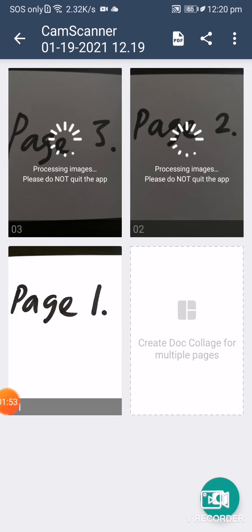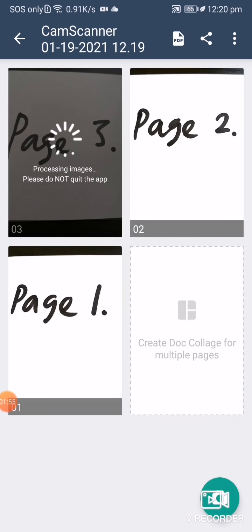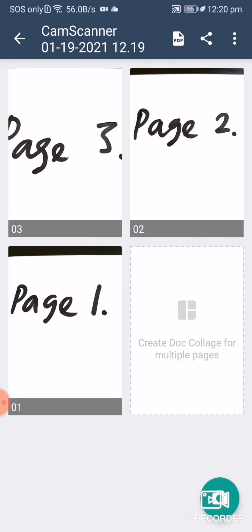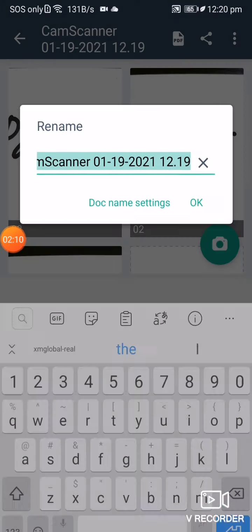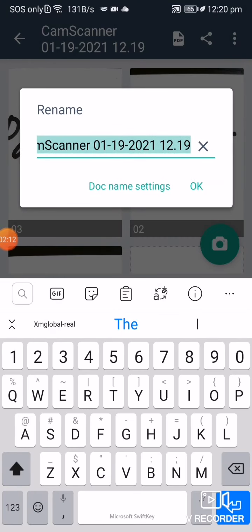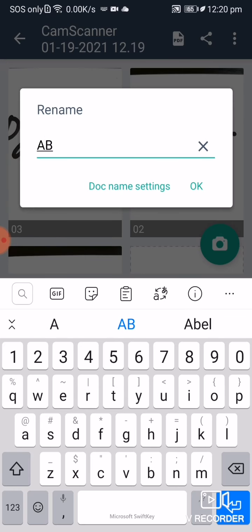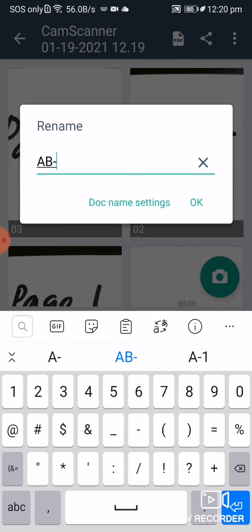Alright, now you have already come to this page. So what I do, I usually quickly rename it. How to rename? I go on the top here, the 3 dots, and then go to rename. Let's name it AB for activity books, and then put